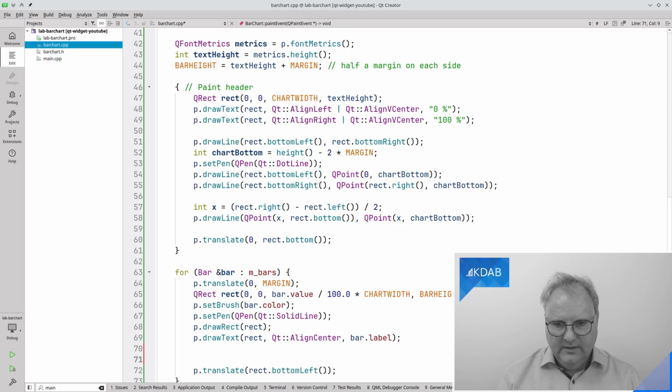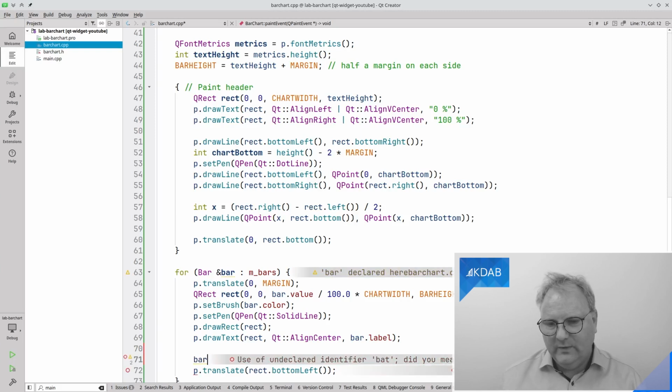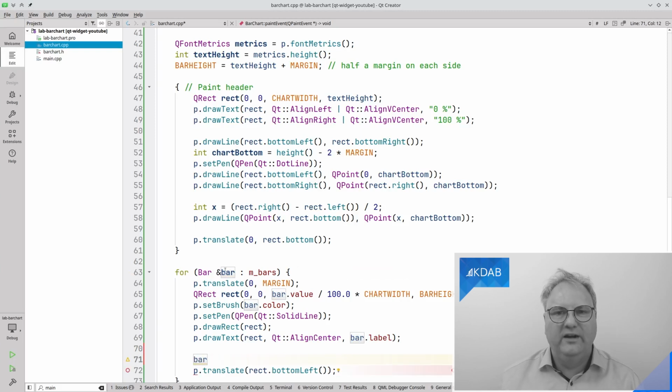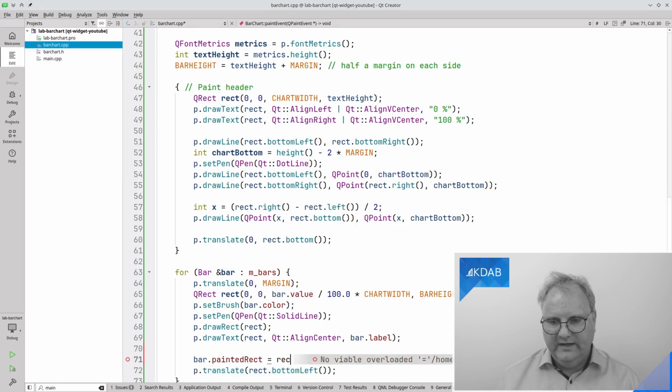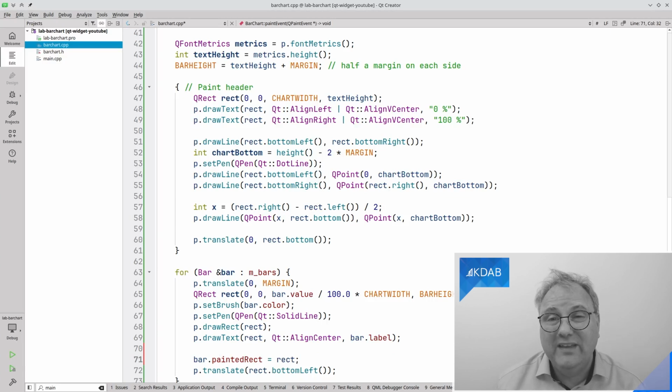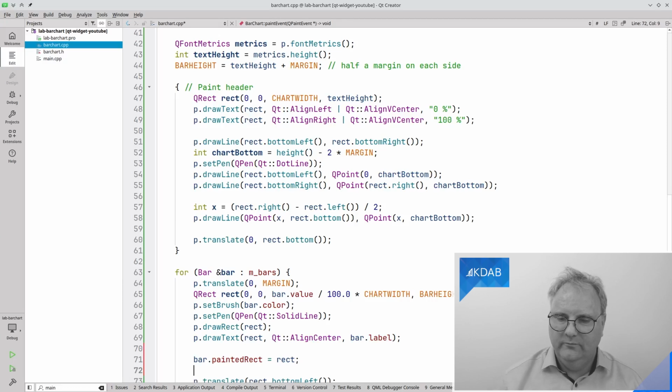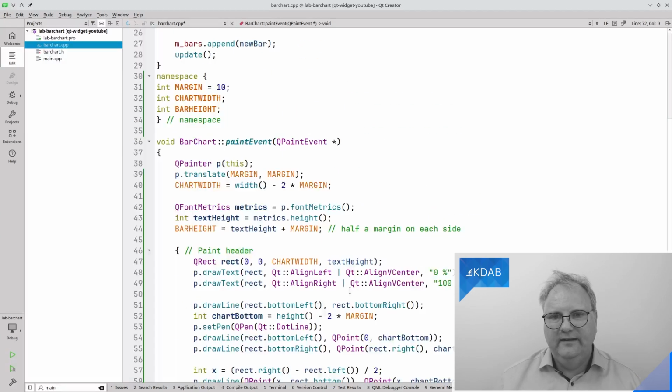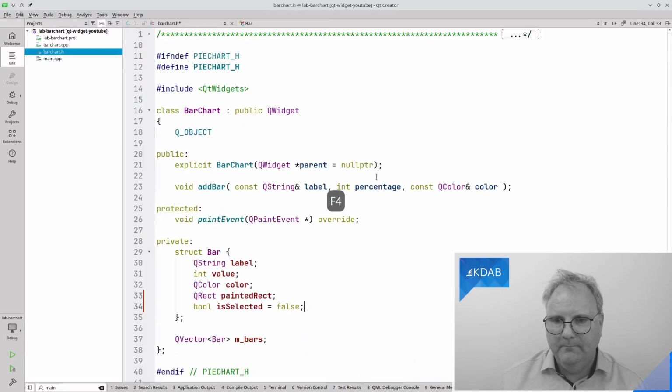So I'll say bar, and that was why it was nice for me to have a bar reference rather than just a copy of bar, because now I'm actually updating the bar in the container in bars. Bar.painted_rect is equal to the rectangle painted up there. I am making a mistake, I know, but I'm trying to prove a point. So remember that. So painted rect is now the rectangle up there.